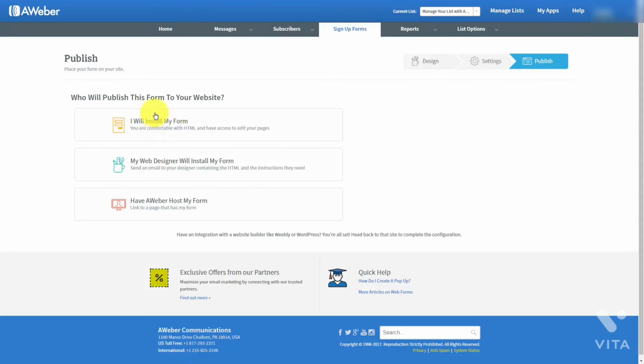You're going to have a section where if you are comfortable installing your form using HTML, you can click this box. If you're going to have your web designer or coder install your form, you can actually send them an email through this link. And if you're going to have Aweber host the form on their site, you can actually do that also. So we're going to start by looking at the first choice, which is I will install my